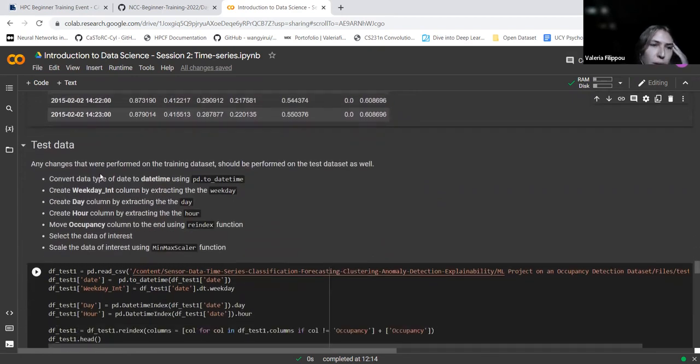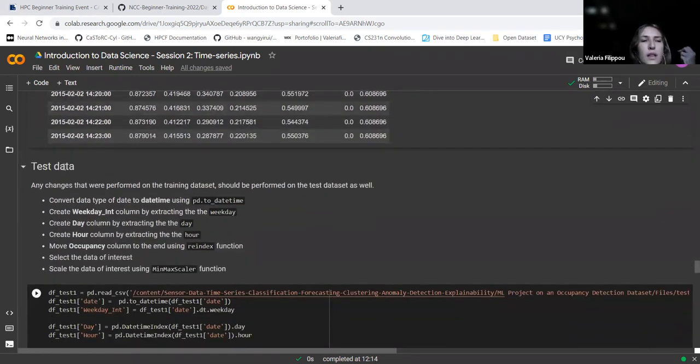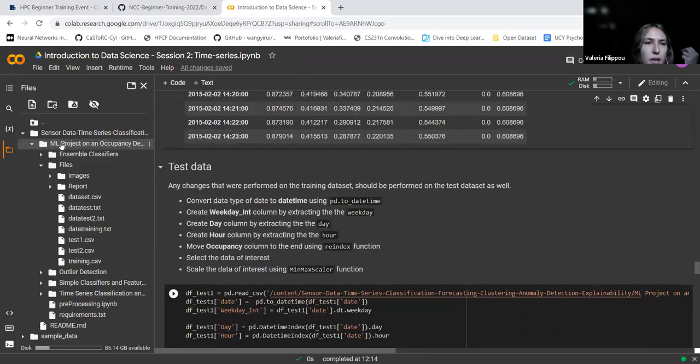And now, since we've seen here in our data files that we also have a test